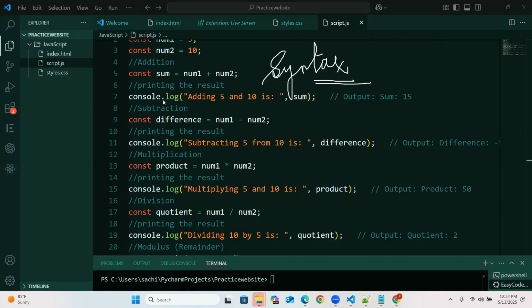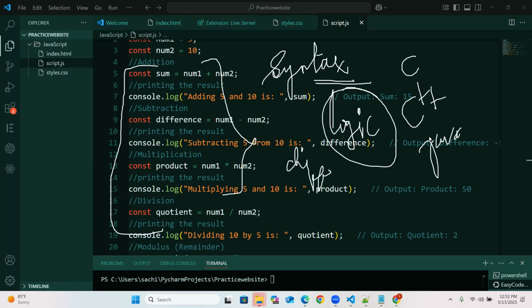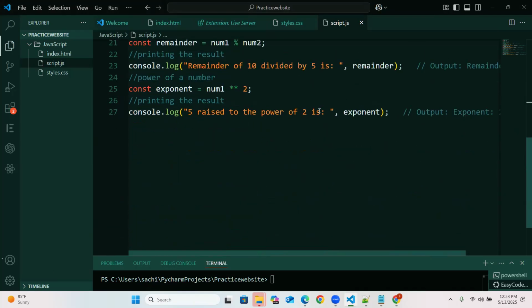Okay, syntactic representation means the code that you are writing here. This syntactic representation is different, but the logic and the design remain the same. This remains the same in every other programming language, C, C++, Java, Python, whatever it is. The concept is the same. All the concepts are the same, but the syntactic representation is the only difference, and that's it. Nothing more than that. Thinking that you have understood this,